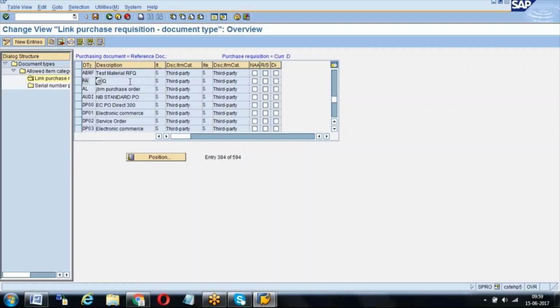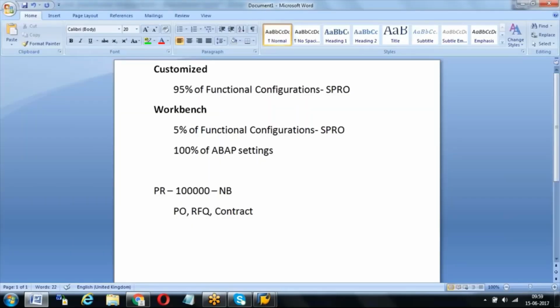What is the use of this linking, these combinations? For example, we will take NB as a contract, then we can explain it. AN is the RFQ document type, and with item category S you are allowing, and also AN, RFQ, blank. You are allowing to